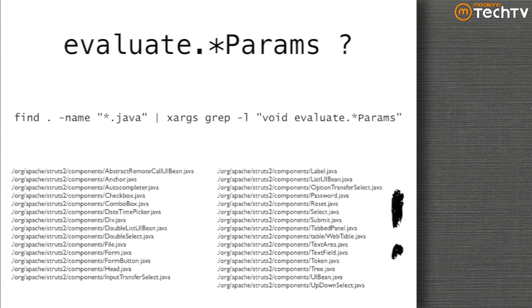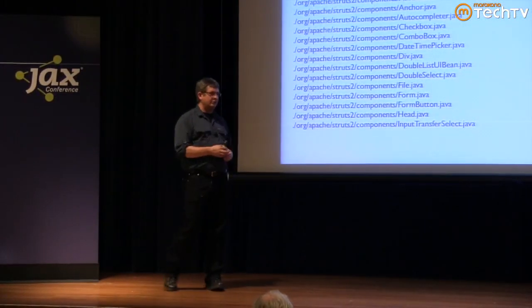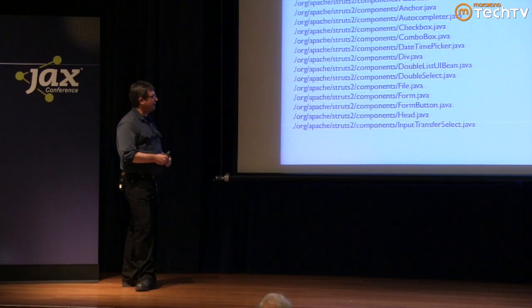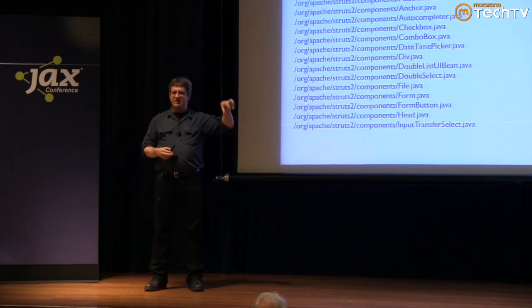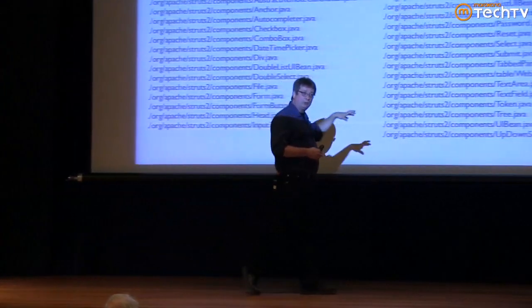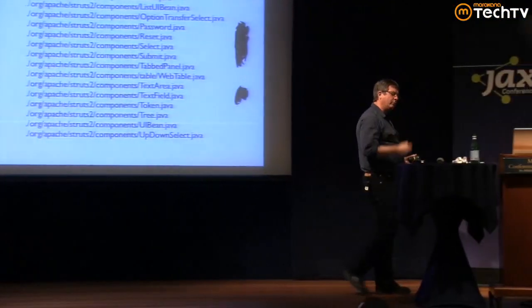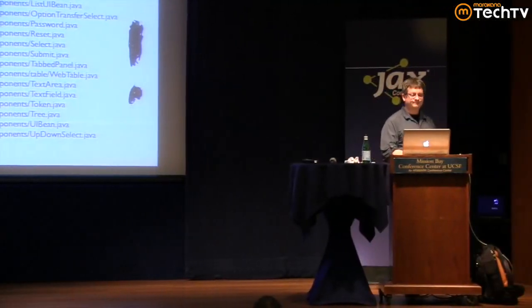So there's a little bit of an epilogue to this story. As I mentioned before, I'm writing this article series for IBM Developer Works, and I posted about this discovery I'd made in Struts, and one of the Struts committers contacted me and said that he had independently discovered the same thing, that there was a whole lot of complexity lurking around the Struts code base. So he undertook the refactoring, basically extracting all of this evaluate parameter stuff as an embedded framework inside Struts. And by doing that, he removed thousands of lines of code and hundreds of cyclomatic complexity points, because that parameter handling was the most complex thing still in Struts. And by isolating that in one place, he was able to vastly simplify it.